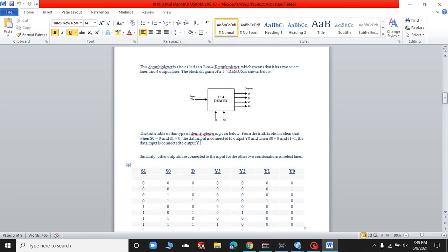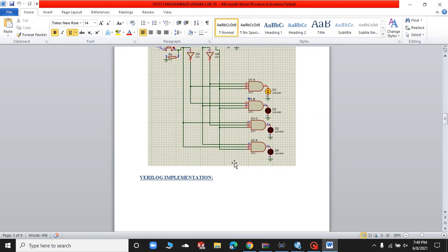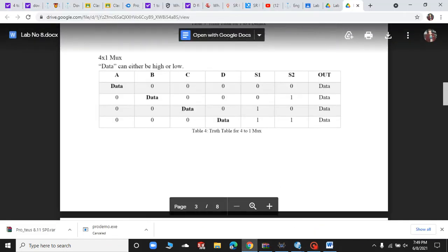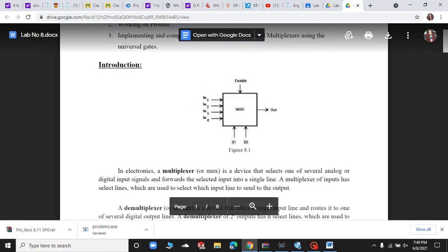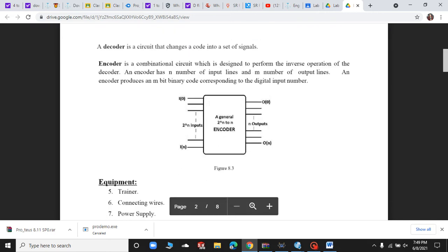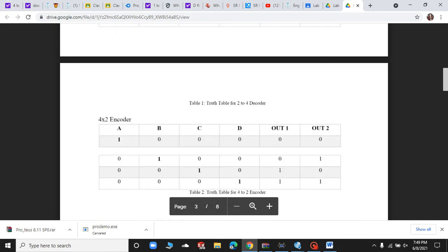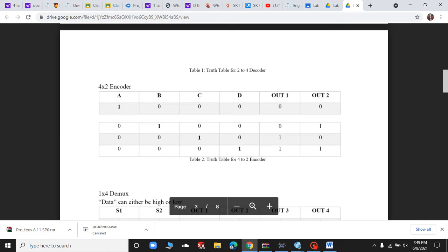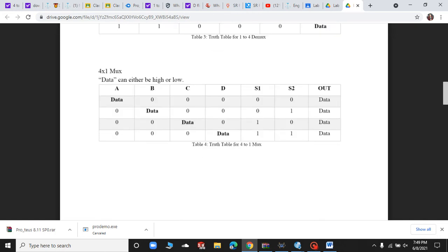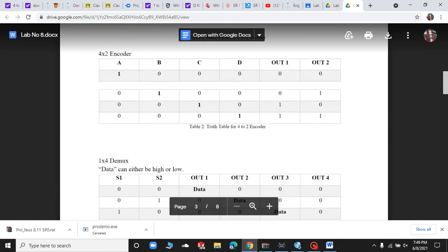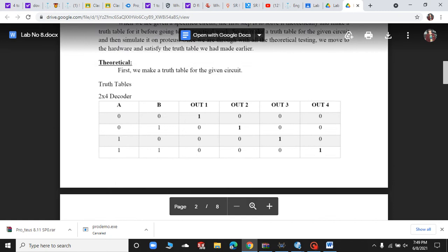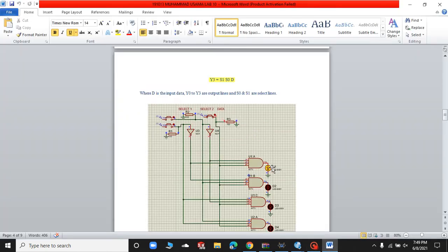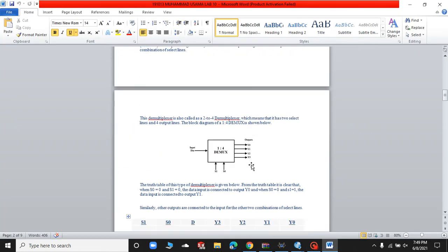So this is the table for the demultiplexer. Let me now explain the concept of the demultiplexer. The demultiplexer is basically the inverse of the multiplexer. It contains a single input and multiple outputs. The circuit for the demultiplexer is shown over here.